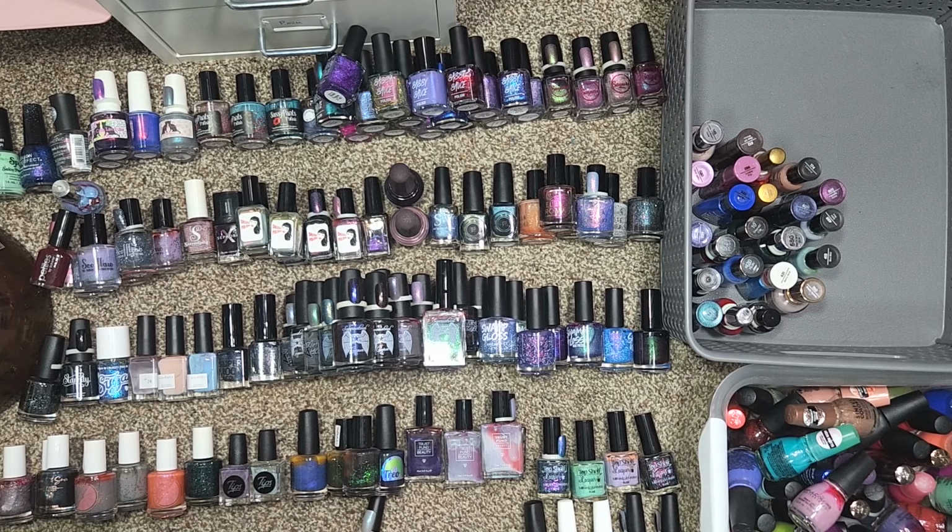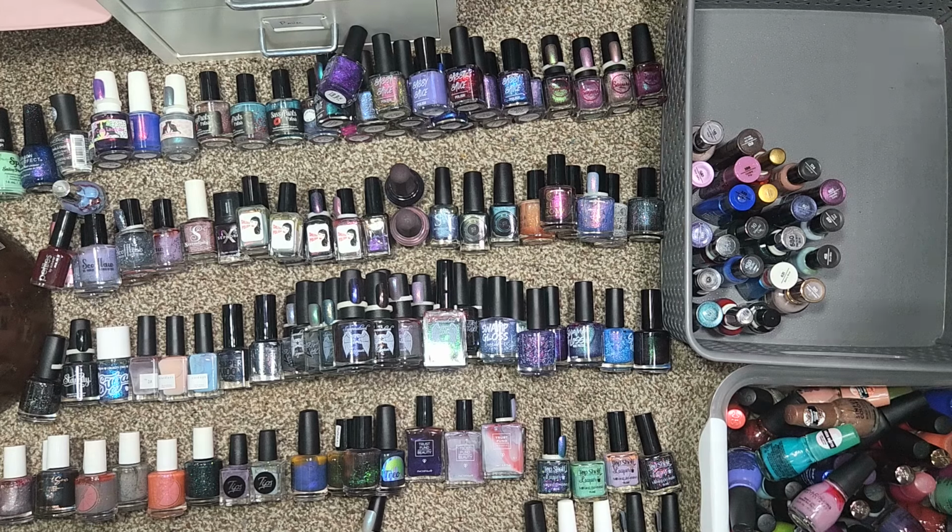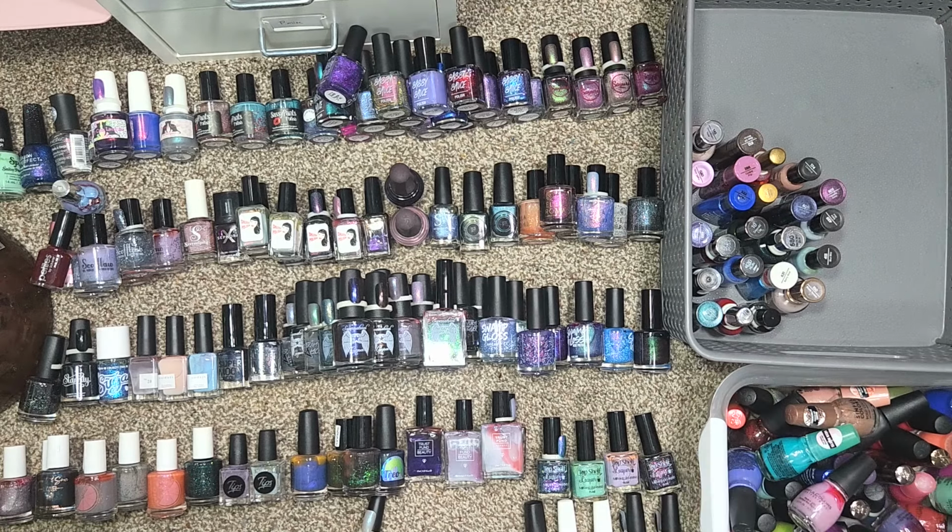All right, that was just tote 1 of my S's and T's. I did find another Revlon that somehow snuck in there. And yeah, we are really running out of room for a lot of these. I think I'm going to have to bring in another little tote to put a couple of these other bigger